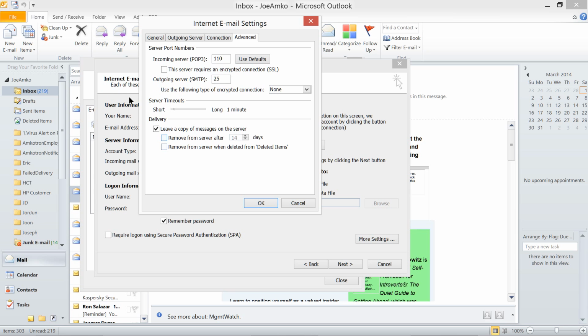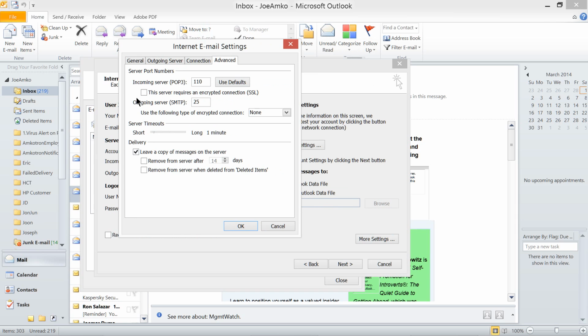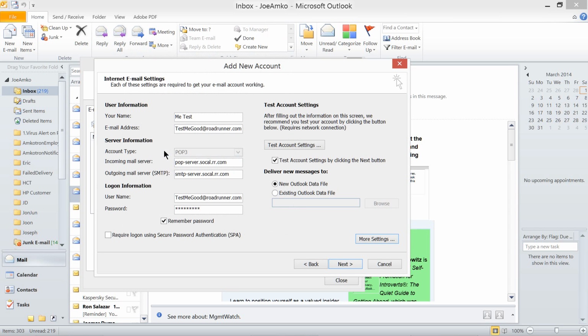Or if you have another account and this is your second account email, you can leave a copy of the message on the server there and let the other one do the process of removing emails from the server. Now, for the sake of experiment, let's just assume that this is the first account set up for this email. We set it up like this, or maybe just choose 10 and then click OK.